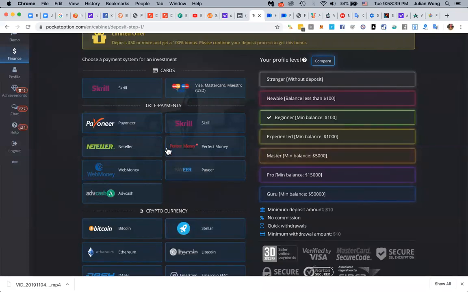But I heard from Giuliano, who's in our group, that ADV Cash is very good. For those using IQ Option and withdrawing in Singapore, right now ADV Cash is the best way to deposit and withdraw, because IQ Option has restricted some of the other ways of getting money out of the account. It's quite a pain. So now the best way is ADV Cash to get money out of the account.